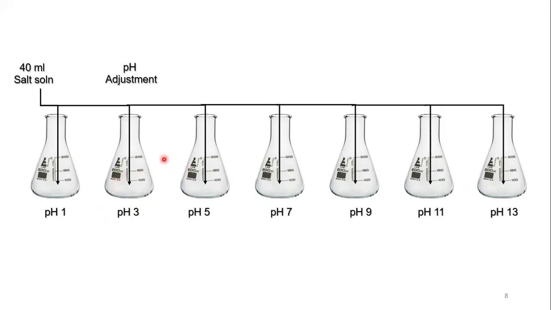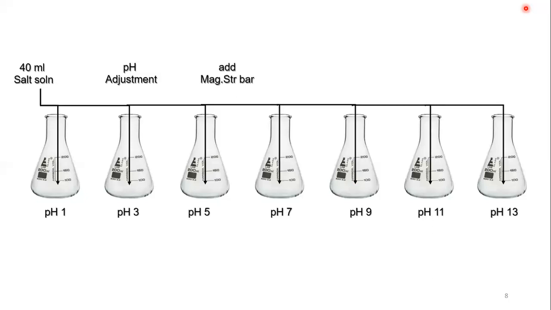But if there is more fluctuation, for example, if you want to jump from pH 3 to pH 9, meaning you are adjusting to pH 9 and your solution is at pH 3, then you have to add a strong base solution. That is the way we have to play with this. The basic goal is the pH adjustment. Once you are 100% sure that flask 1 has pH 1, the second has pH 3, the third pH 5, the fourth pH 7, the fifth pH 9, the sixth pH 11, and the seventh pH 13, and you have confirmed that,